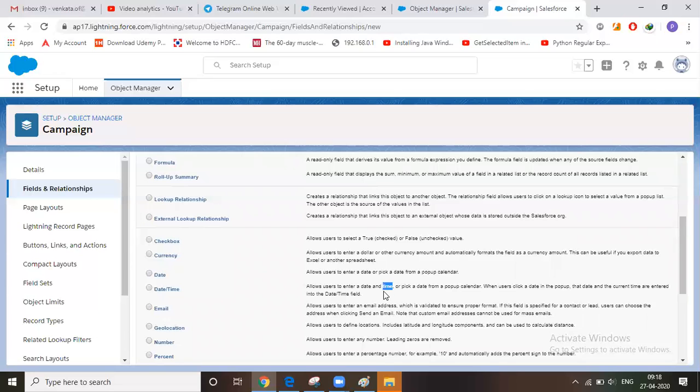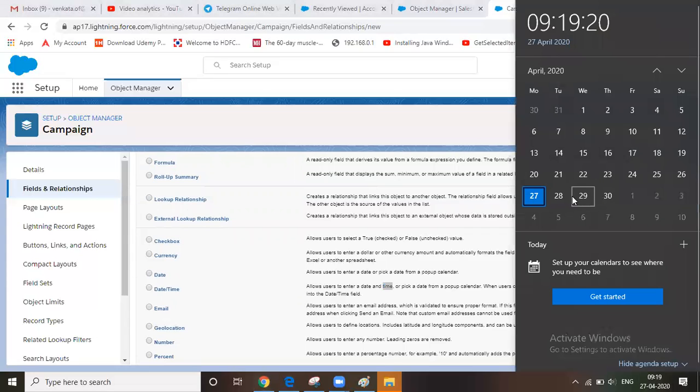If we try to schedule a campaign, say on the 27th at 12 p.m. Every hour, every minute in business is revenue, it's money. So from that perspective, we have to calculate minutes also.